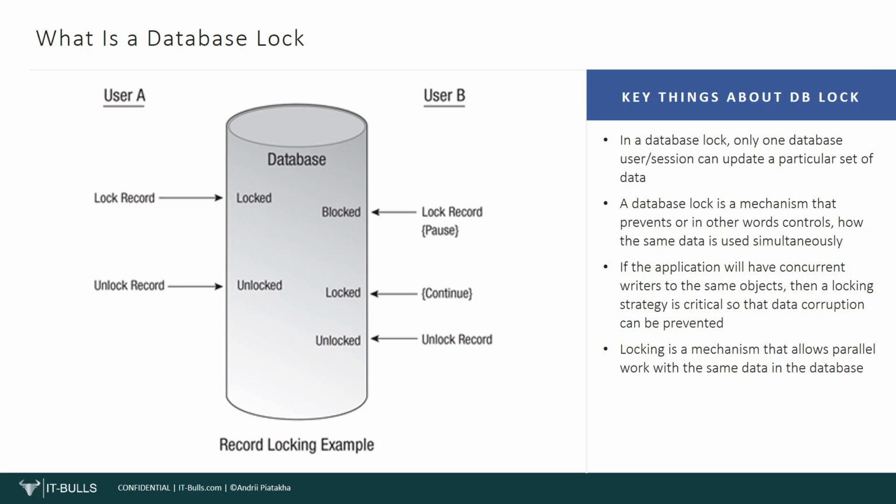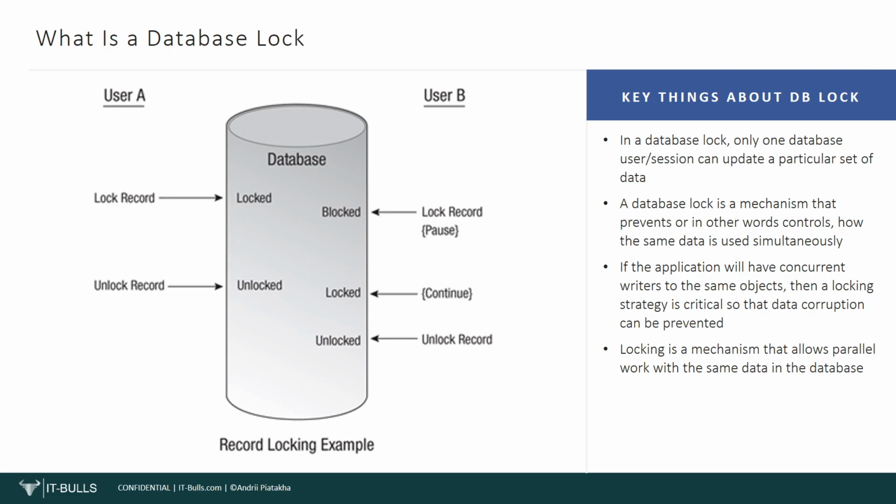Because imagine that two threads of execution in our program read data simultaneously, and both of them make updates. Which updates should be persisted in the database at the end? What rules should be applied in case a conflict is found? What should we do in case there is a risk of losing one update because another update will erase the first update made from another thread? A database lock should help us in answering all these questions by controlling access to the shared resource from different sessions or